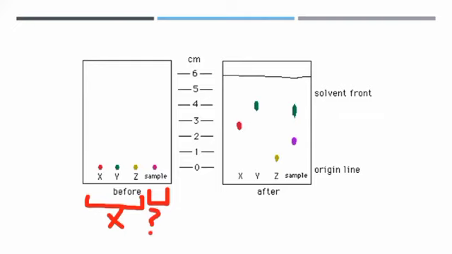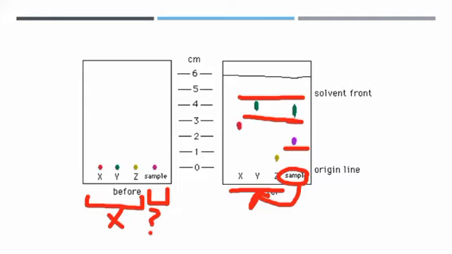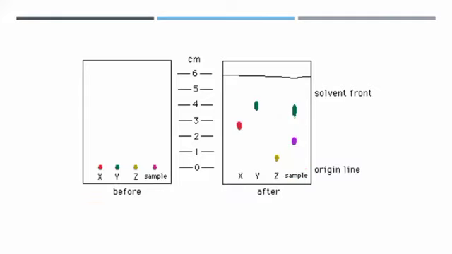And over here, because samples X, Y, and Z were pure banned dyes, and our sample has separated into this purple colored substance and this green colored substance. Now both of the green colored substances have a matching distance, a matching color, so we know that the sample contains Y, which is a banned substance. The sample is not safe to consume because it contains a banned dye.